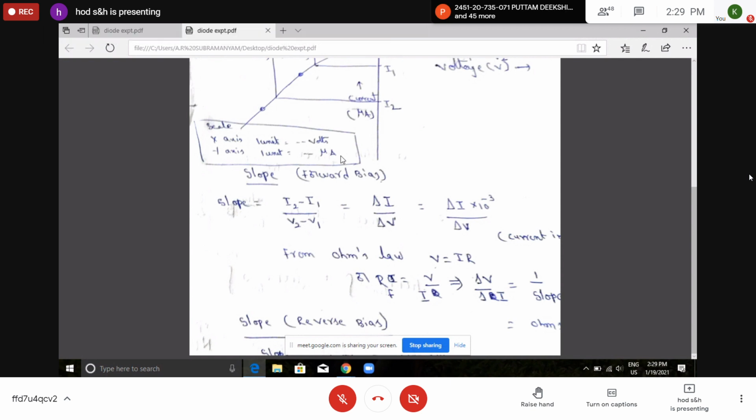After performing the experiment, you should plot the graph. In the simulation program, for all diodes, you plot the graph, both for forward bias and reverse bias. But for the manual experimental part, you have to take a graph sheet and draw the graph, both for forward bias and reverse bias, for one particular diode, which you feel has better results. Once you get the graph, you find the slope. 1 by slope will give you the resistance of the diode both in forward bias and reverse bias. This you should do in this experiment.